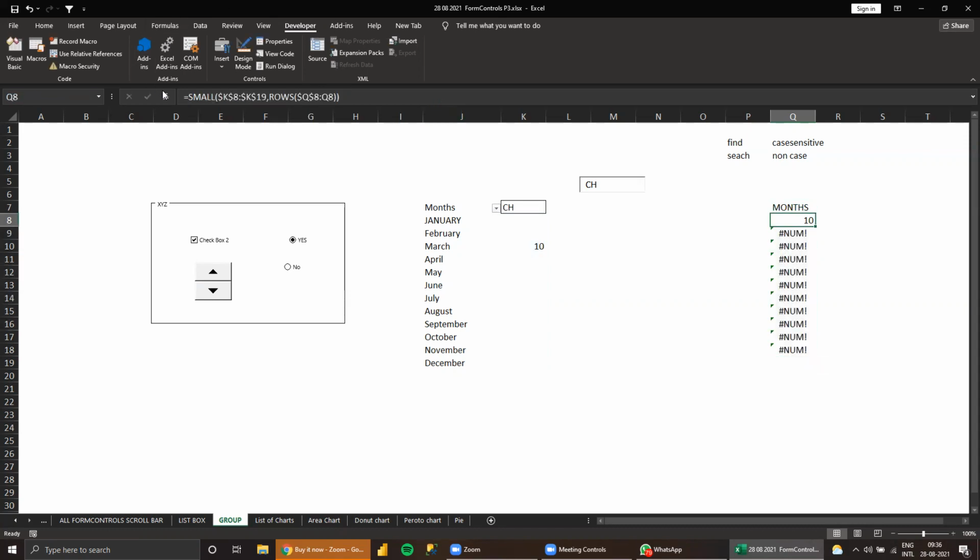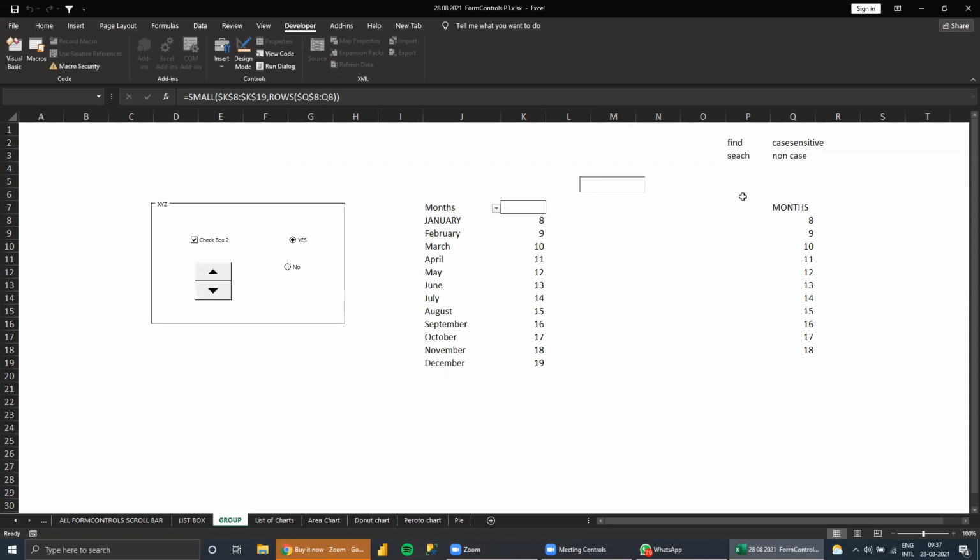Here like this, and then as I type here, see the numbers displaying here, right? Good.